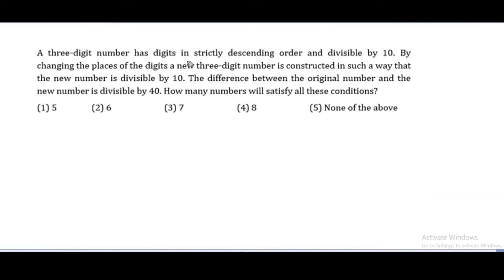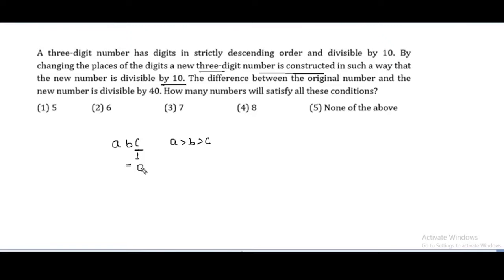Let's say the 3-digit number has digits in strictly descending order. Strictly descending order means A is greater than B, B is greater than C. And divisible by 10. A number will be divisible by 10 if the last digit is 0. So C is 0. By changing the places of the digits, a new 3-digit number is constructed in such a way that the new number is also divisible by 10. So if the new number is divisible by 10 and again it is a 3-digit number, obviously this digit cannot be 0,